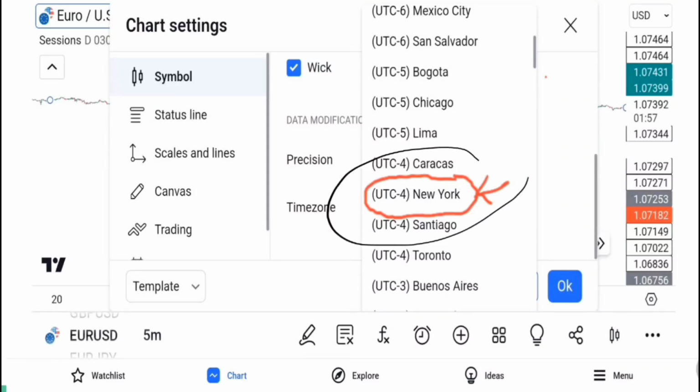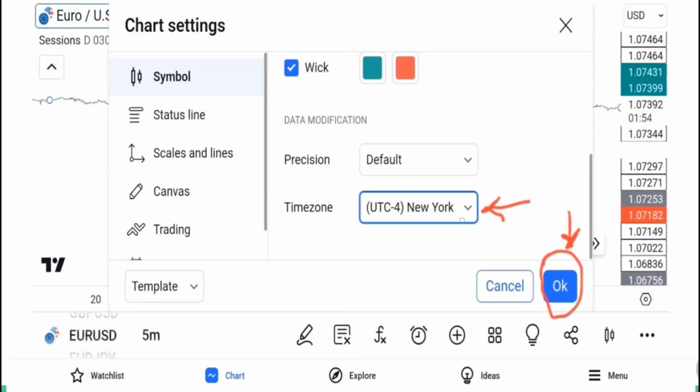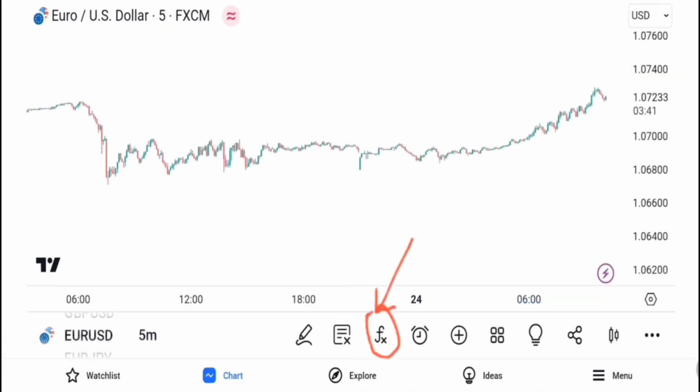As you can see, UTC for New York. So when you click on it, you now click on OK. It will enter UTC for New York time. That's the time zone we want to trade this strategy. And now say OK. Okay, so now once you've done that, I want to install an indicator that will